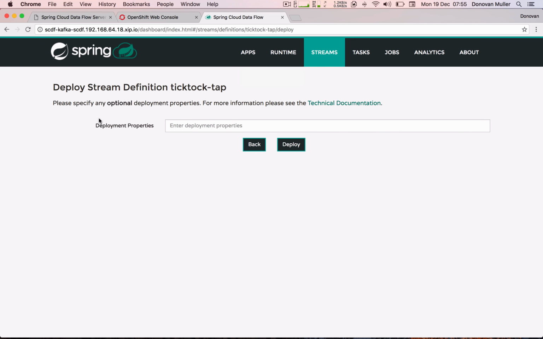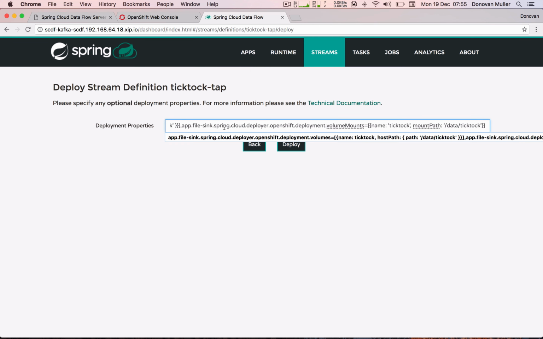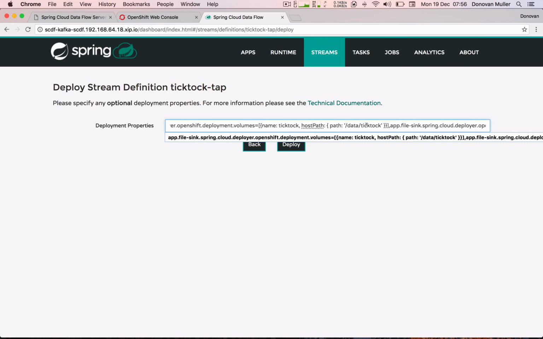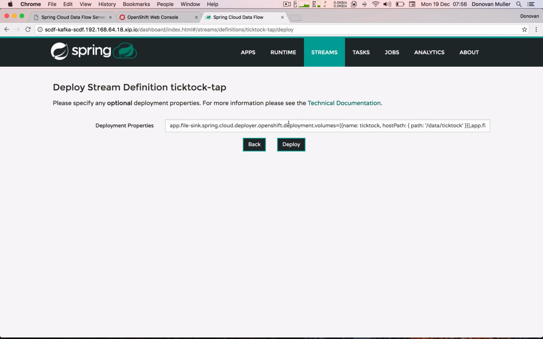So if we click deploy, we have the opportunity to provide some deployment properties. Those are the ones that I copy and pasted. So let's just run through this quick. As usual, when deploying properties, you target the app you want to configure with app dot and the app name, which is file sync. You give it the Spring Cloud deploy OpenShift deployments volumes configuration, and then we define our volume. So our volume is basically going to be called TikTok, and it's going to use the host path volume